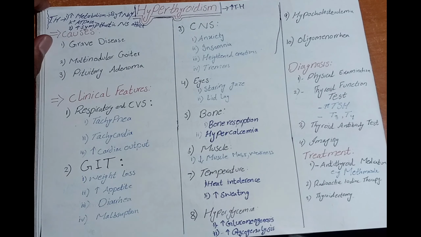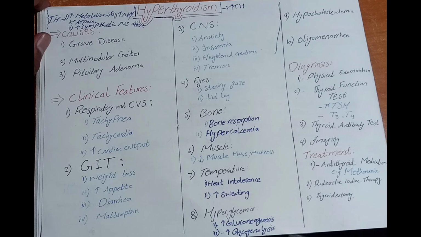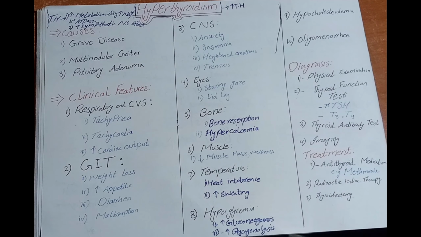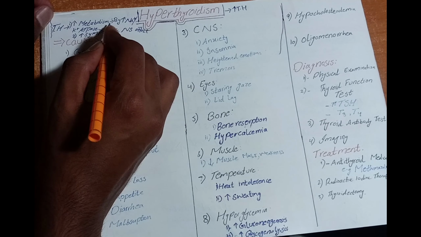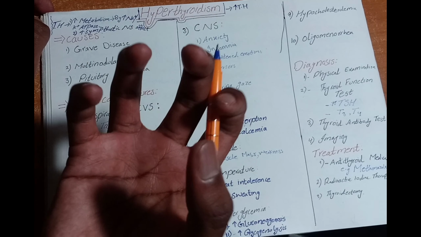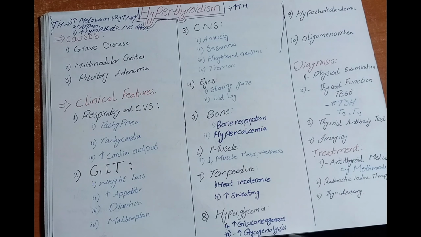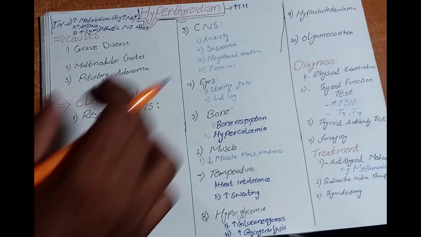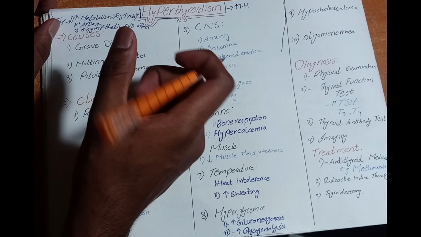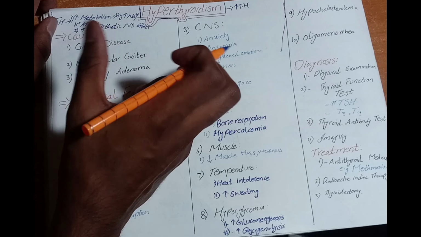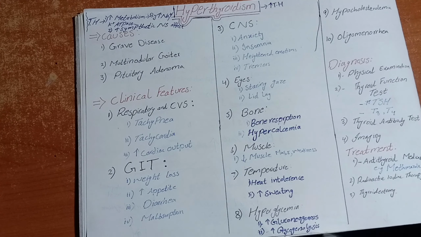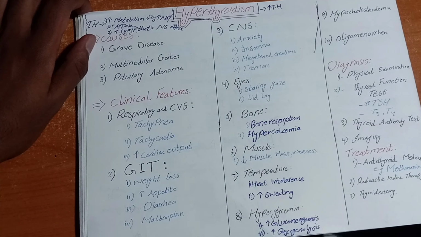Thyroid hormone functions: it increases body temperature, it increases body metabolism, and it increases body growth by specific mechanisms. Okay, first of all look here, thyroid hormone increases body metabolism by increasing sodium potassium ATPase production. When sodium potassium ATPase production increases, it will utilize oxygen and increase body metabolism. Okay, with that it also increases other body functions by increasing the sympathetic nervous system effect on the body. These are the main functions of thyroid hormone.